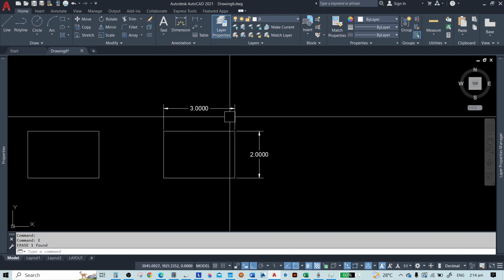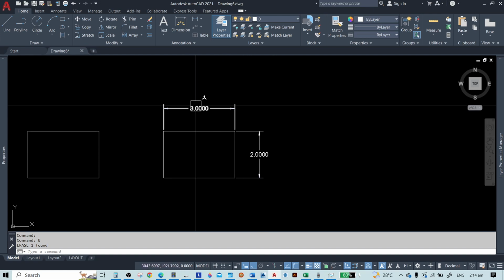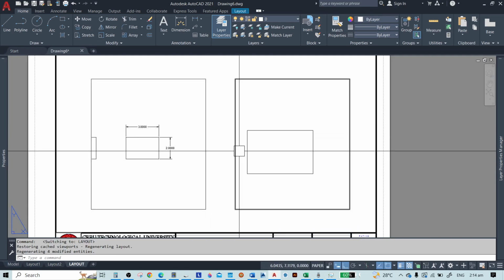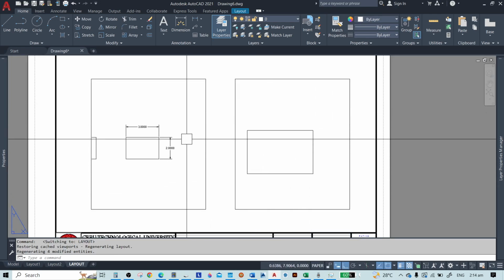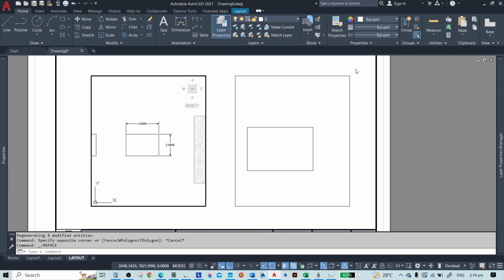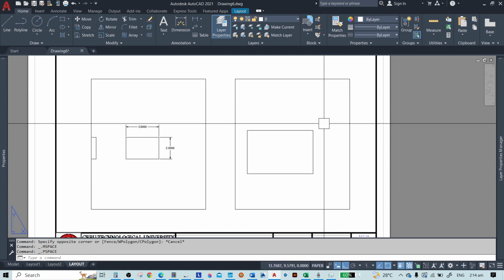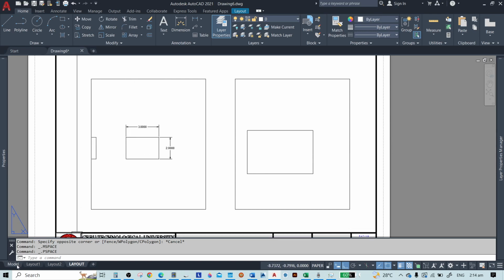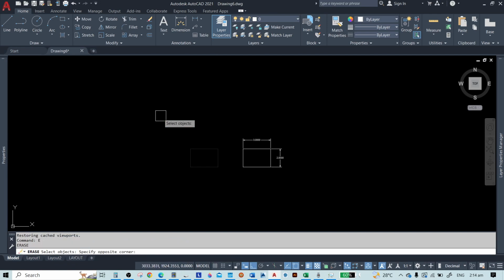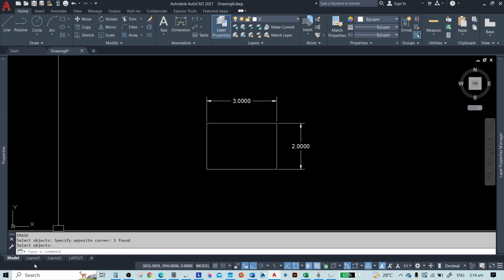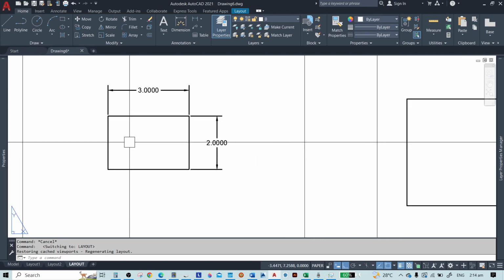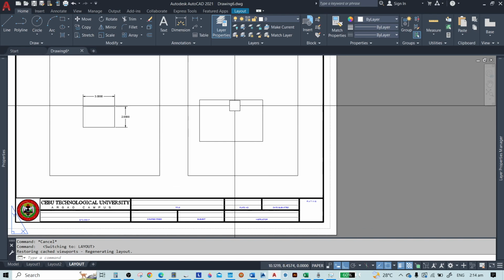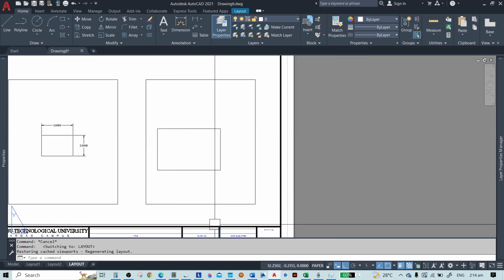Now let's say, for example, to this drawing, as you can see, this is 1:1, right? Now here, this rectangle here, I will just delete the other one, so that it will not be confusing. So I only have one drawing. This drawing here is the same as this one, this rectangle. But as you can see, there are no dimensions that appeared in this layout or this drawing.